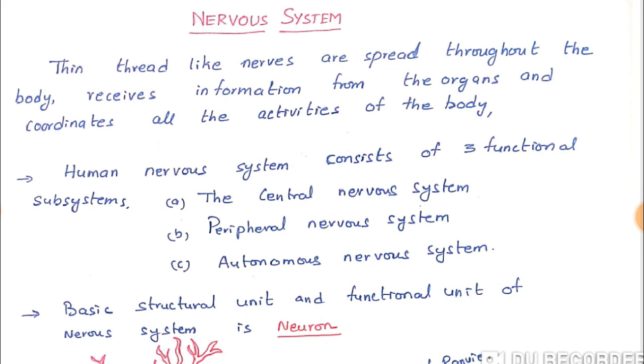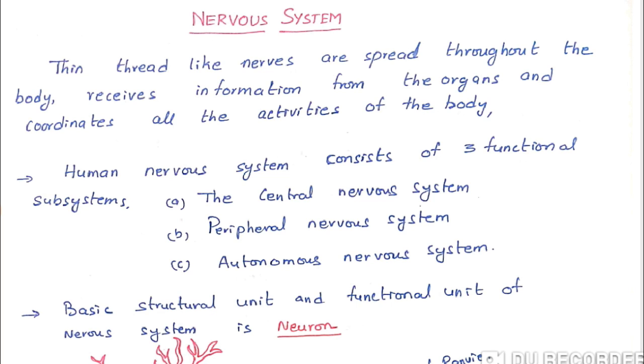Welcome to the biology series of lectures. We have already completed 3 to 4 video lectures in biology. Today in this video, we are going to see the nervous system. We all know that the nervous system consists of neurons, and all these neurons come together and form parts like the brain, spinal cord, and all the nerves. This is the general understanding, but today we are going to see it in depth.